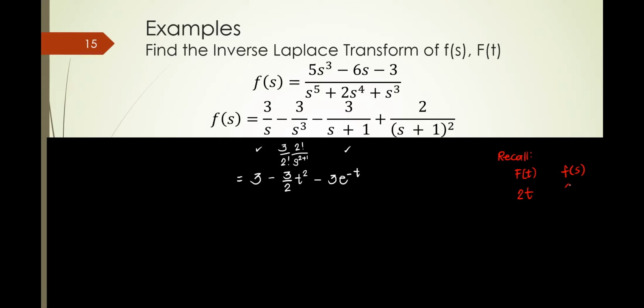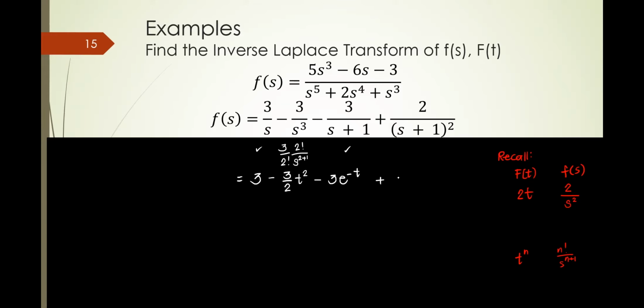2 over? Is it s? Isn't it s squared? Note that t to the n is n factorial all over s raised to n plus 1. Isn't it that the power of t is 1? Therefore, at the bottom, it should be s squared. Am I correct? So that means for the third term,